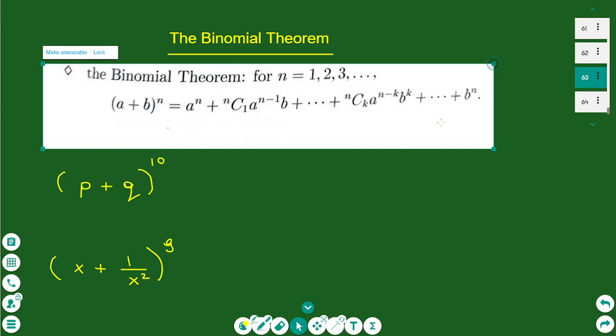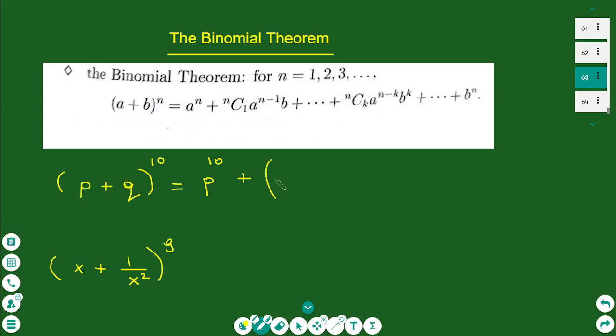It has a pattern. So using the above expansion, we can expand the brackets (p + q) to the power of 10. So in this case, we have p to the power of 10 plus